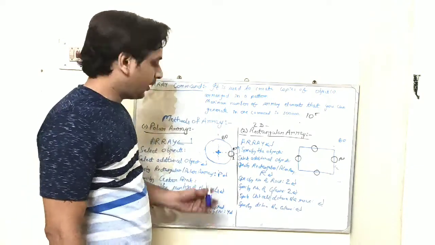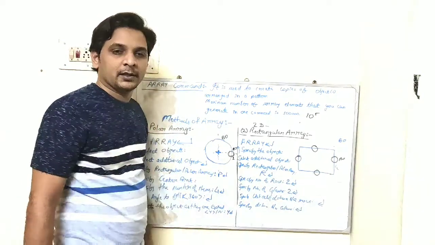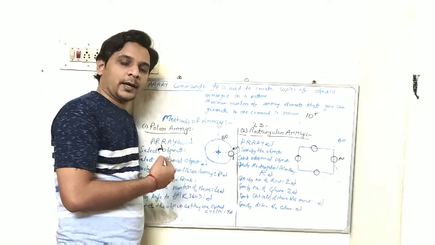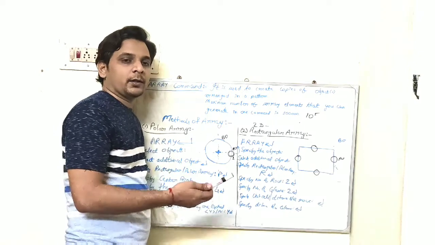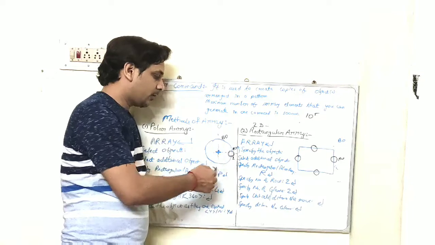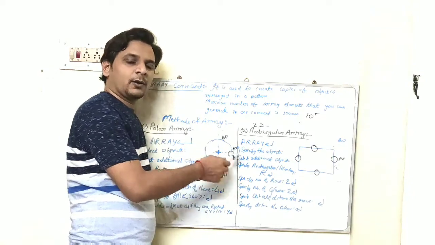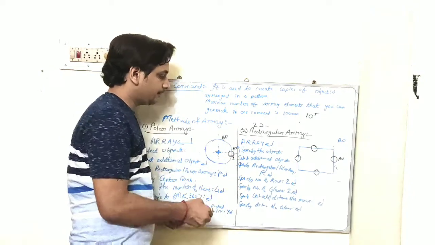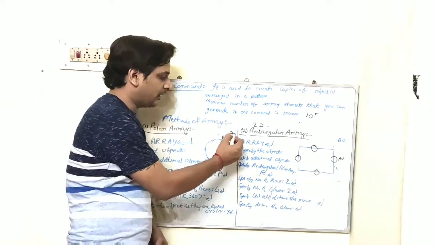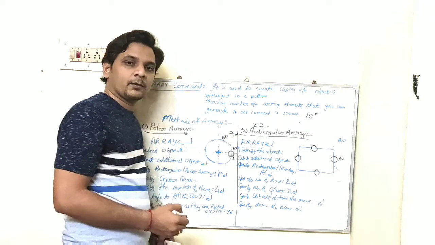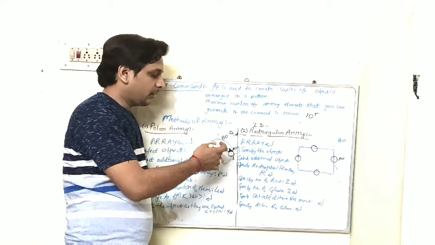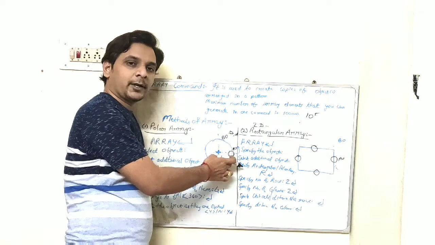Okay, let us see the polar array method. Before using the array command we require a base object and an array object. So here let us draw a base object, a circle of the given diameter capital D, and an array object of the given diameter small d. Okay, so we have already constructed by using a circle command a base object and an array object.